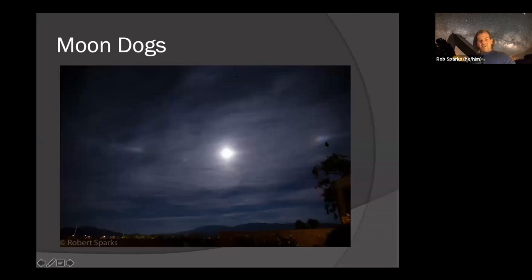But here's a fun picture I have, which has moon dogs. This is the only picture I've ever gotten of moon dogs, just like those sun dogs. You can get moon dogs and sun dogs without having a halo. Here we just got the moon dogs without the halo, depending on where the ice crystals are situated. But this little guy right here is just a lens flare from the overexposed moon, a little lens ghost image. I know the two moon dogs are real because I saw them naked eye as well before I took this image. So that's why I know they're not some optical phenomena from the camera lens, but this guy is definitely a little lens flare or ghost image.